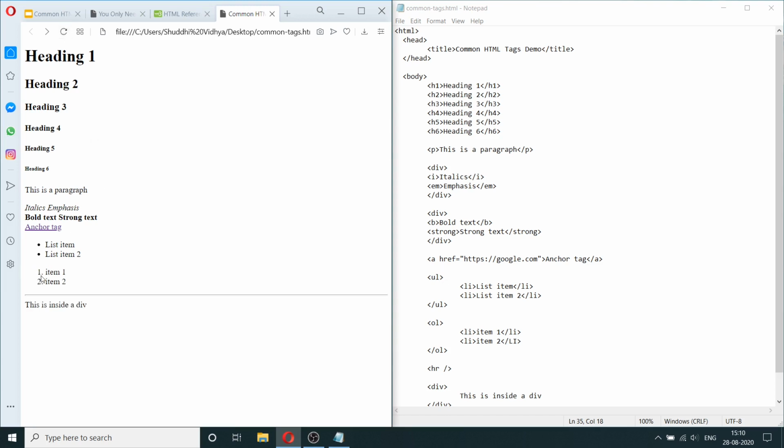So you can see here that while the unordered list gave you bullet points for each of the item, ordered list gives you a numbered list. Okay, this is another way of specifying lists in HTML. So this is a good introduction of some of the common tags in HTML. So in the next video, I'll also show you some other tags that will be useful, like image tags and table tags.